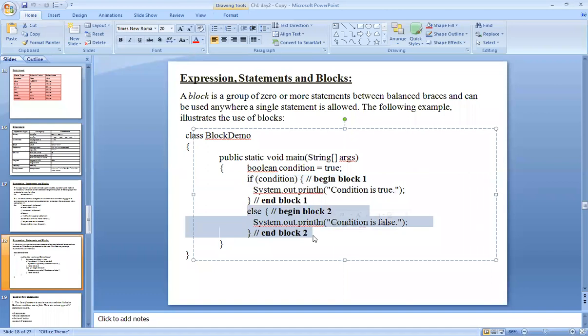If you are using an if else ladder, then the particular if, else if like this, these are particular blocks. This is a very theoretical concept, but if you are reading something through a book, you should know what is meant by block, what is meant by expression, and what is meant by statement. Is it okay?